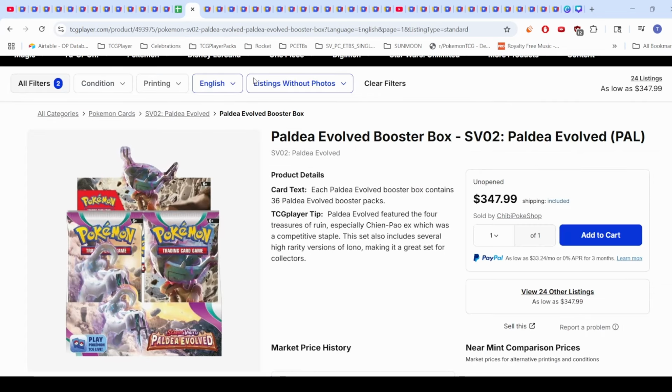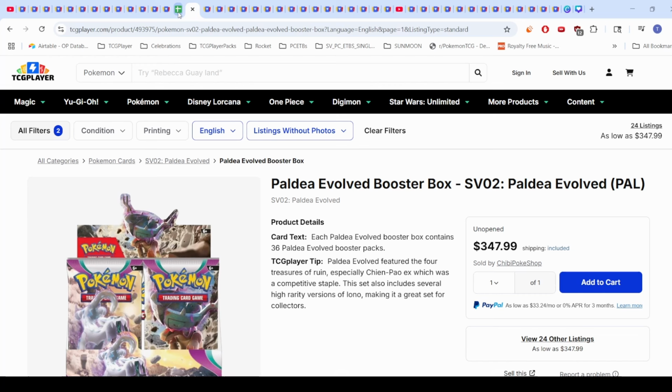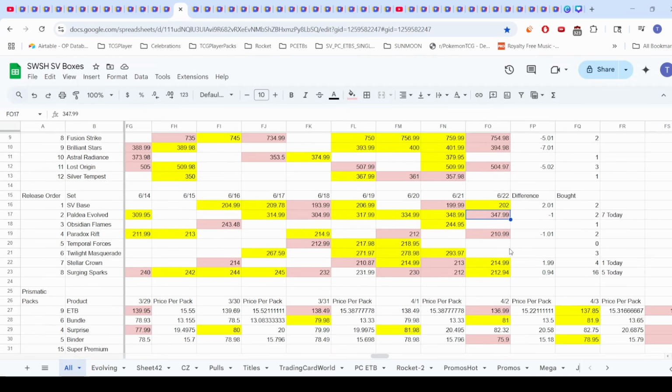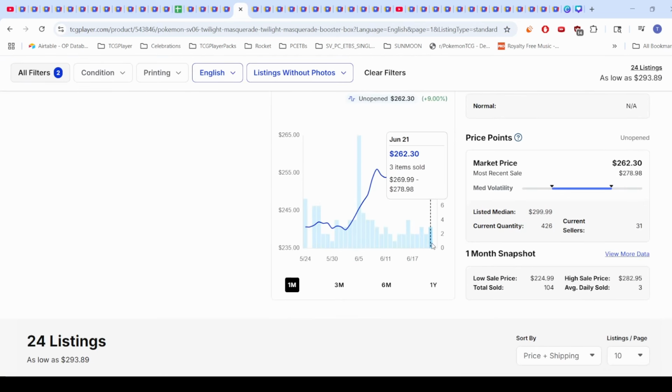Let's go back. I'll put a timestamp where this possibly diverges. All right, so next, I think the other booster box that is possibly going to go up just ever so slightly, Twilight Masquerade, still has a little bit of energy left in it, so it didn't really change in price. I think it'll go toward 300, so not as big of a price as Paldea, but it did sell three